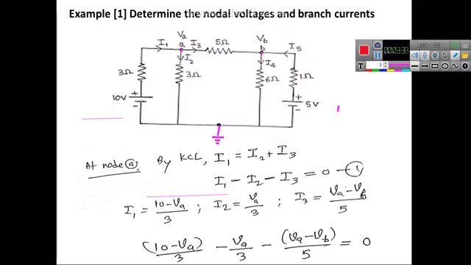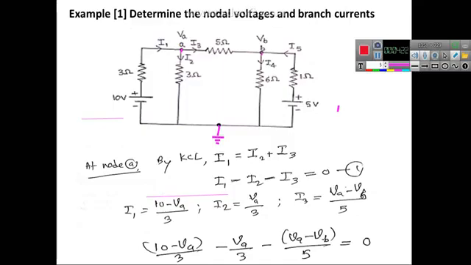Once you assign the currents in each branch, you should keep this in mind: if the branch has a source of EMF, then whatever the direction of current delivered by the source, you take that as the direction of current in that branch. Otherwise, assume it away from, or emanated from, node A or B. See here, I have assumed the current is away. This is towards because the source delivers the current towards node B. That's why I assume the current I5, because you already assumed the direction of current I3 in this direction, so the same current will enter node B.